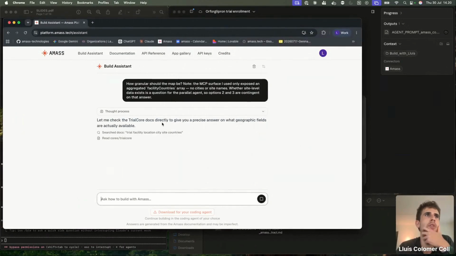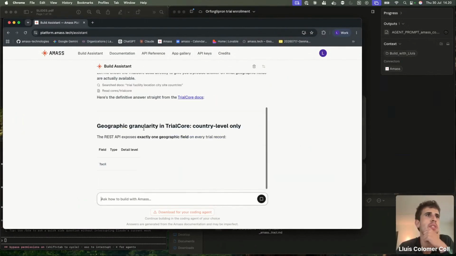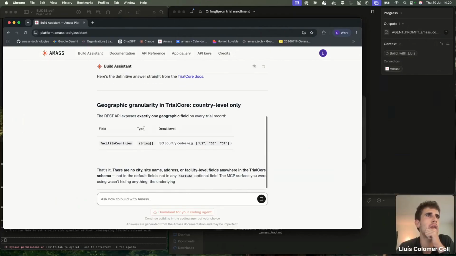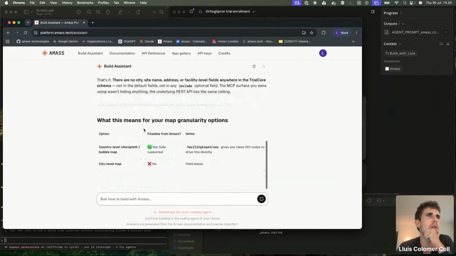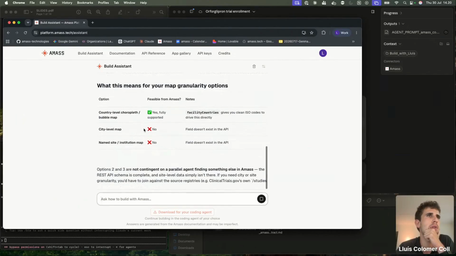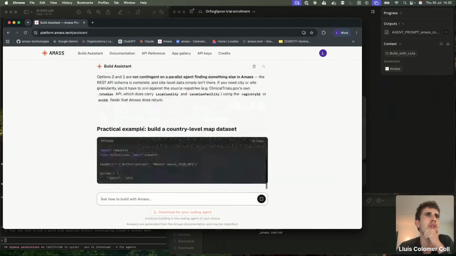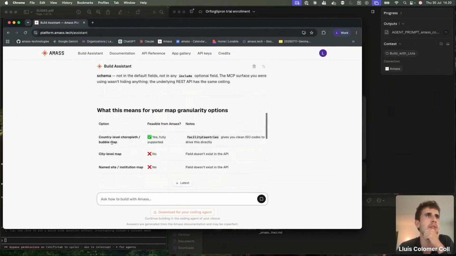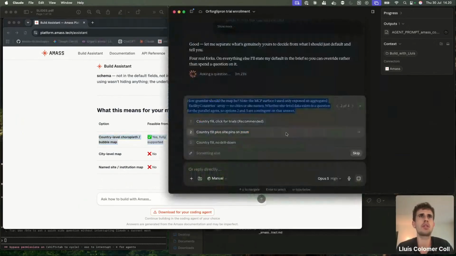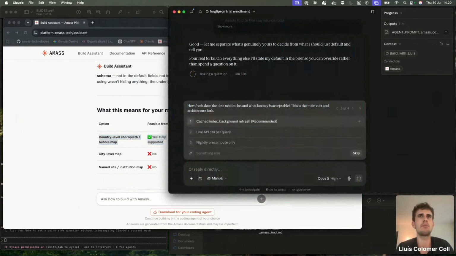And then this will check the documentation on trial courses specifically. And then it says what's possible for Amass. Let's just take that and then paste it.